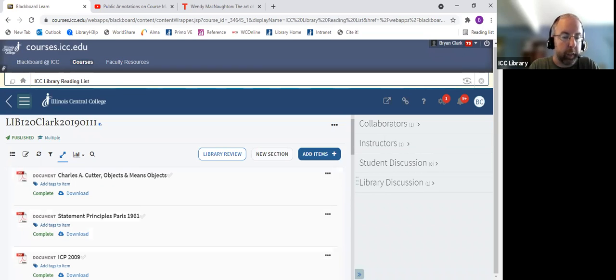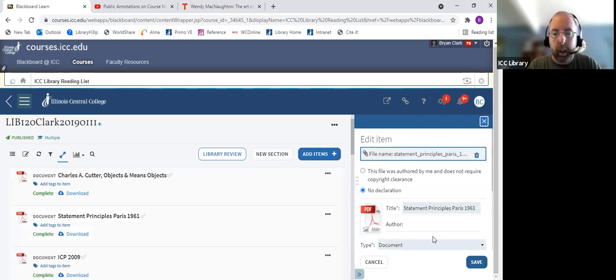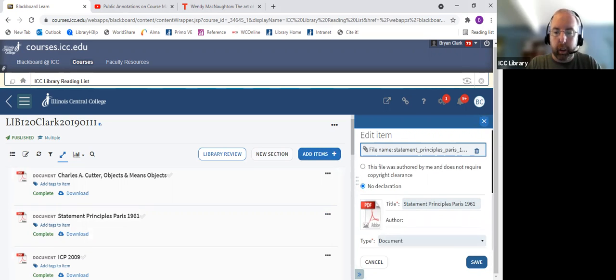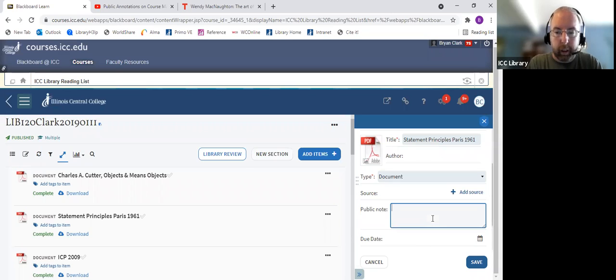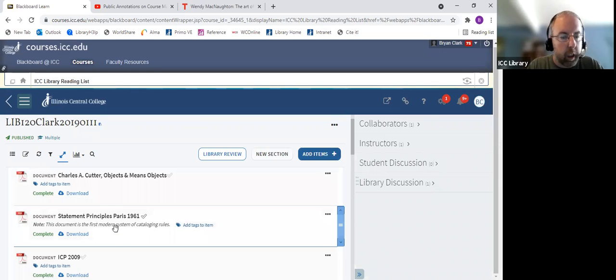So it's nice to deal with that on a user basis. And as I said, for the edit item, we looked at the title. I also talked about the public note. So if I go in here, I could put in a public note to say this document is the first modern system of cataloging rules. Click save. You can see now under the title that there is a public note,